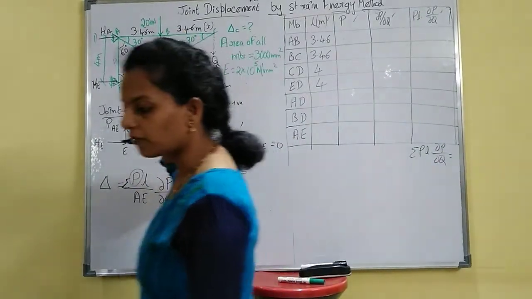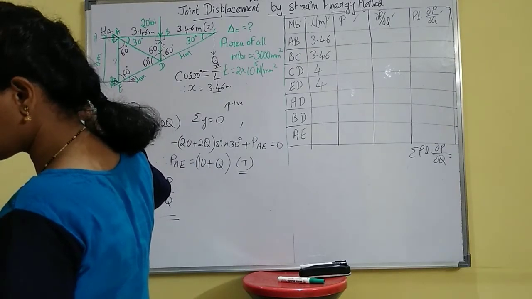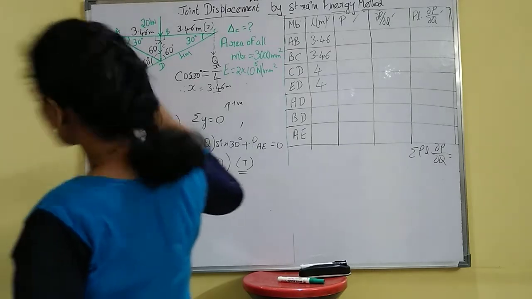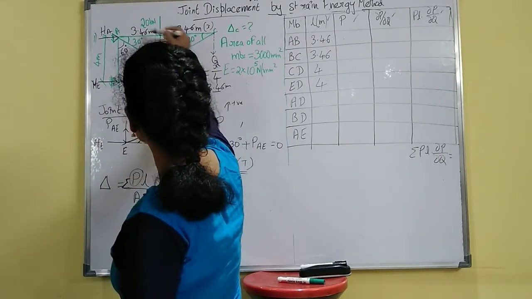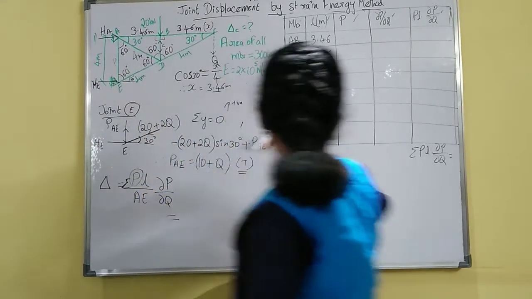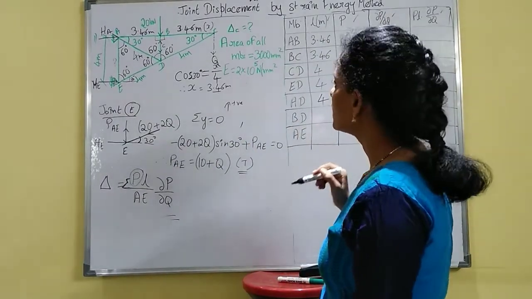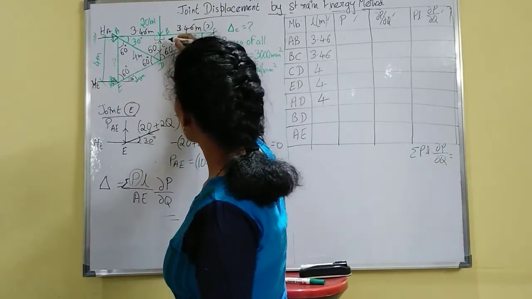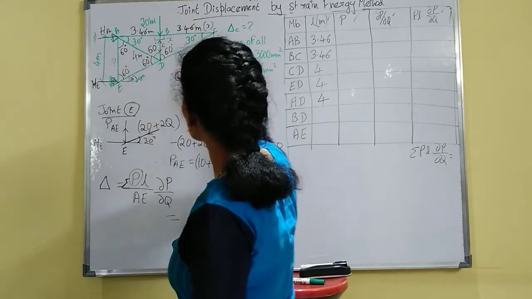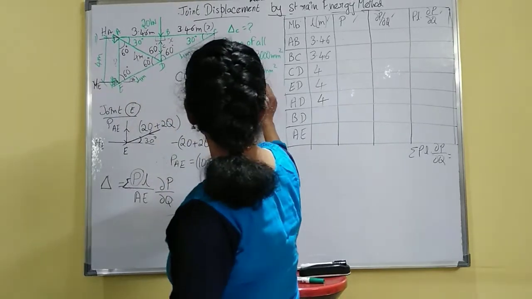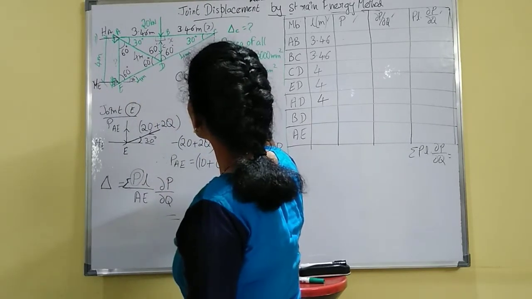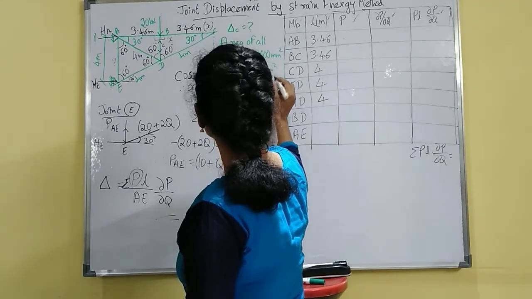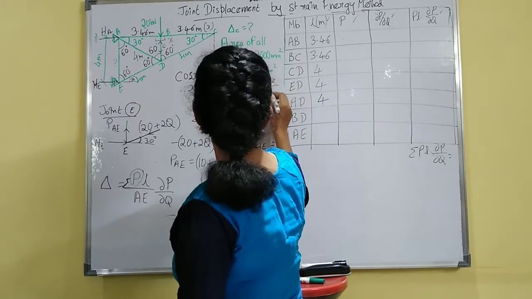Okay, this AD you have to calculate that AD value. Even that is also, here it is 3.46 meter, so it will be 4 meter again. Same 4 meter. BD, in the similar triangle you can find out. Suppose this is your X distance, so that is 4. So similar triangle, 4 by 2 times 3.46 equal to X by 3.46.